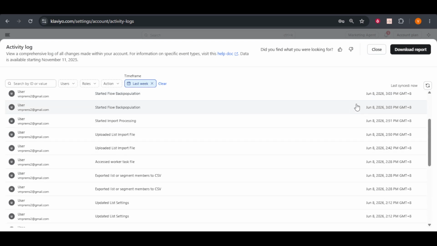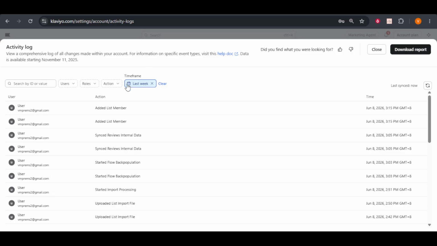Right next to the Profiles option, there should be an Export button. Go ahead and click on it. Once you click the Export button, Klaviyo will begin the process of compiling your profile data into a downloadable format. Depending on the size of your profiles list, this may take a little time. Klaviyo will notify you when the export is complete, and you'll be able to download the file directly from your